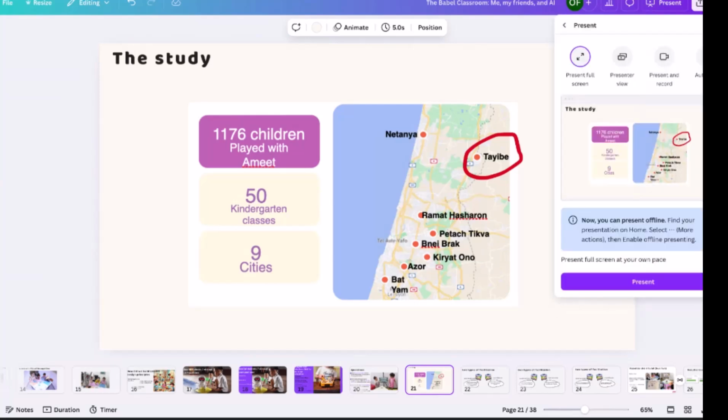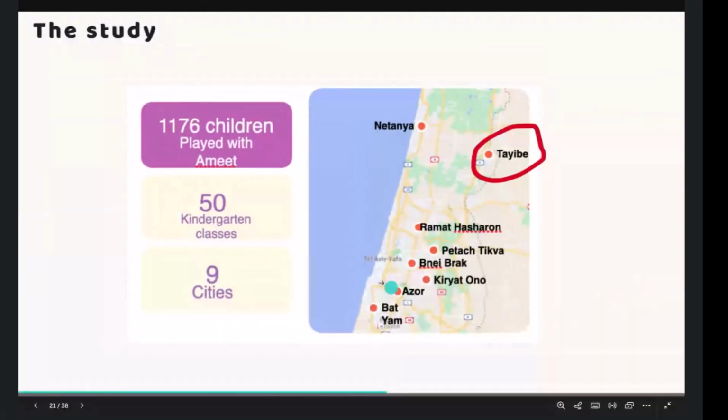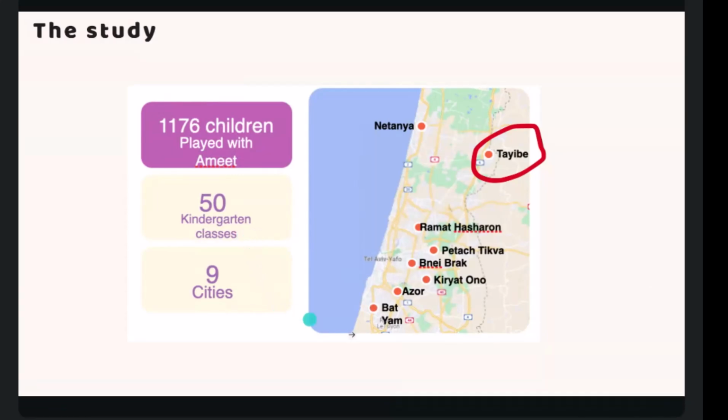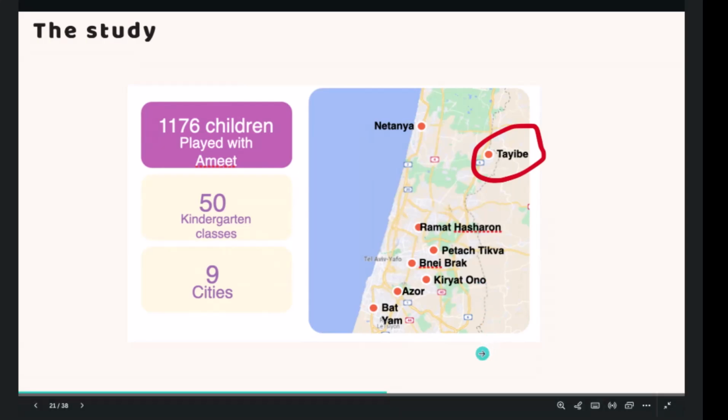So this was the study. We visited over 50 kindergarten classes around Israel in 9 cities. Most of our classrooms were Hebrew-speaking classrooms with, of course, multilingual, some bilingual children or new immigrants that had Russian or Arabic as their home language.